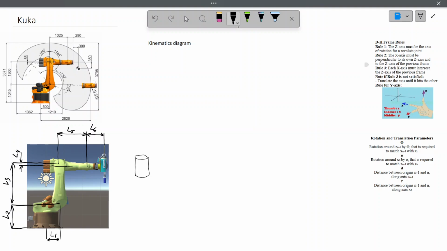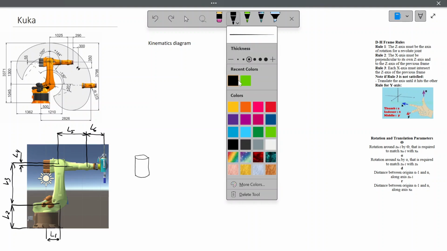So here, firstly, how we need to draw the axes. We start from the z-axis. It's the axis of rotation. This part rotated this way around. So the z-axis is a rotation axis. Also, let's draw it in this color, the same color, so we will see which axis is which. So this will be our first axis,